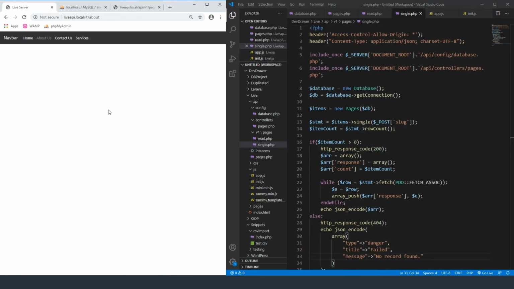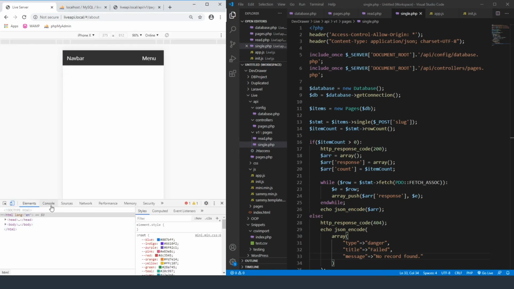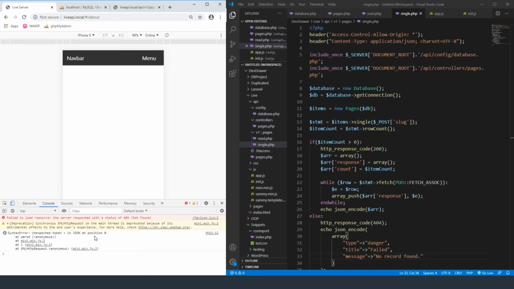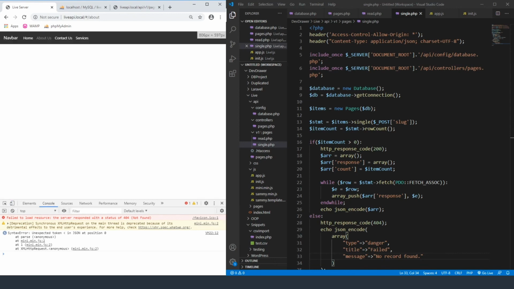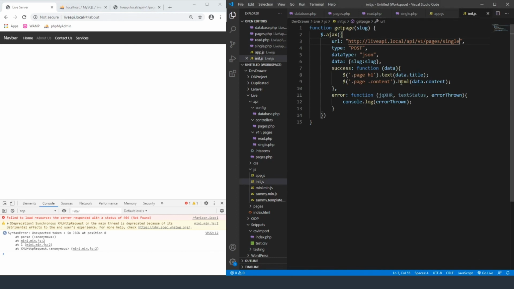So now if we go back over here and do a hard refresh, it did not do what I wanted it to. So let's see what the console message is displaying here for us. Console. So it's saying that there's an unexpected token in the response for the JS. So let's see. Oh, that's because I didn't change it. We need to change the